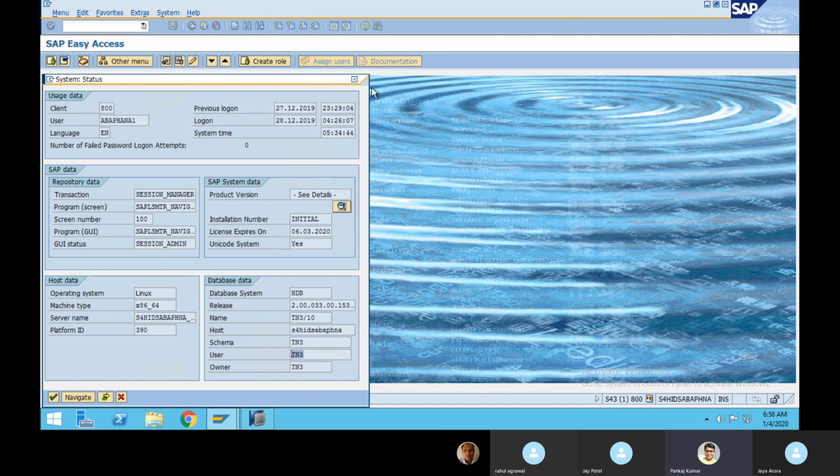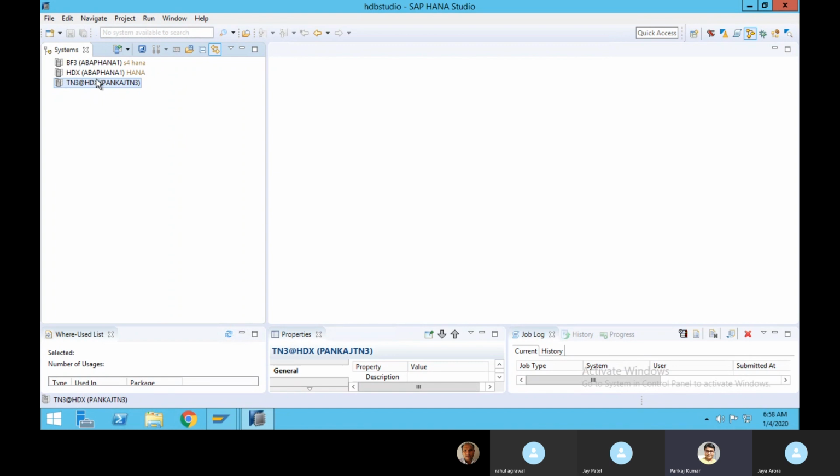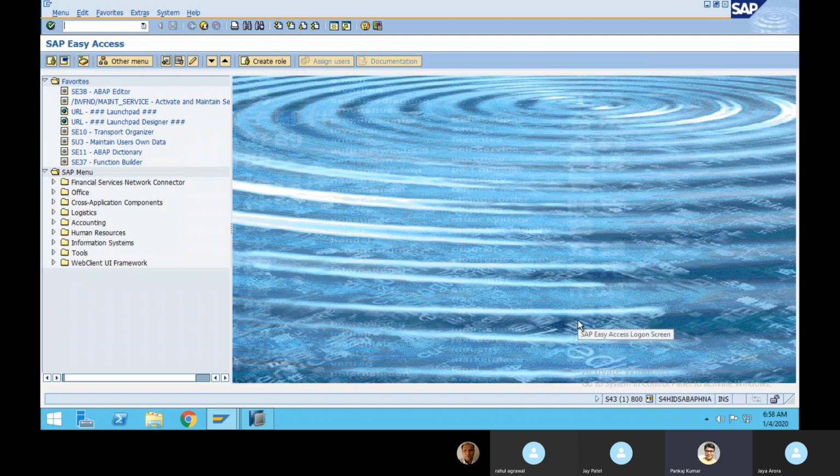But as a standard practice, the username is mainly whatever the system name is here. Why am I telling you like this? Because this TN3 is your HANA database, so your SAP system needs to communicate with the HANA database system.